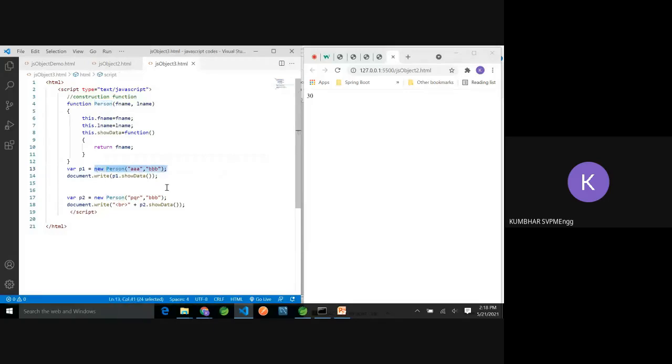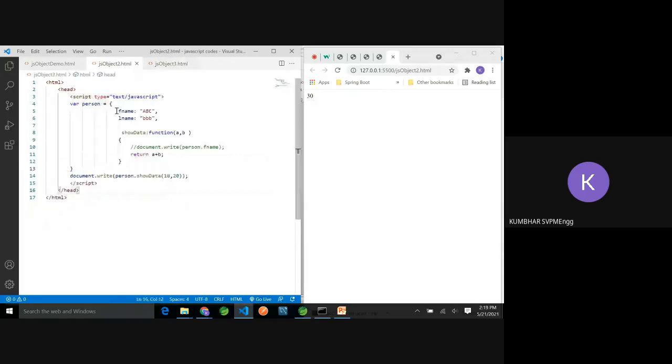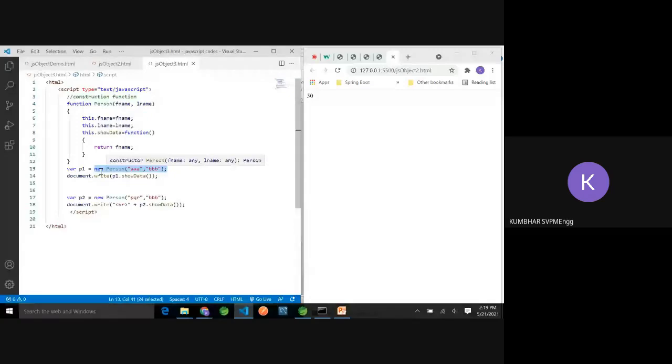In the previous example, we are directly assigning the values here. Now here we are going to assign memory with the new operator, and with the constructor I'm going to initialize this object. So AAA will go in fname, BBB will go in lname, then those will be assigned to the class variables. So even though the fnames are the same, the left hand side is a class variable and this is a function local scope variable, the parameter. Okay, and then showData is returning the name.